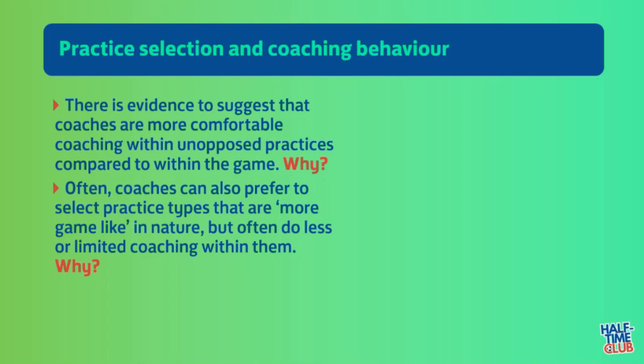So you don't want to just go from unopposed practice to games because you might struggle to see the information that's relevant. It might be that you do an unopposed practice with interference, you have a lot of variety within it, but you still have that element of control. But what you're getting better at is seeing variety, and you just slowly edge up that scale. So sometimes we don't speak about this on workshops enough: the coach's competency and the coach's comfort in the practice they deliver. But hopefully I'm just bringing that to life a little bit.